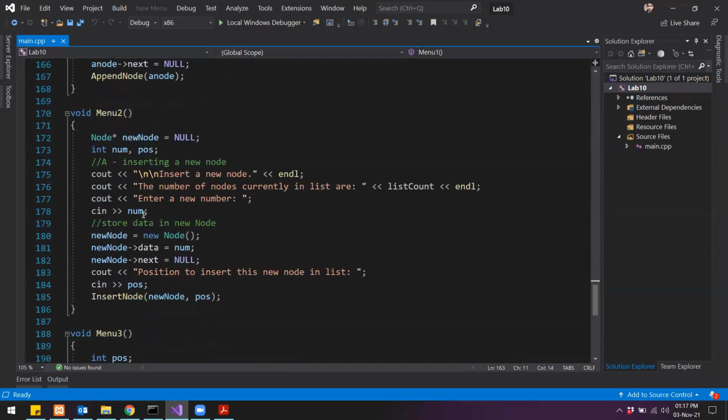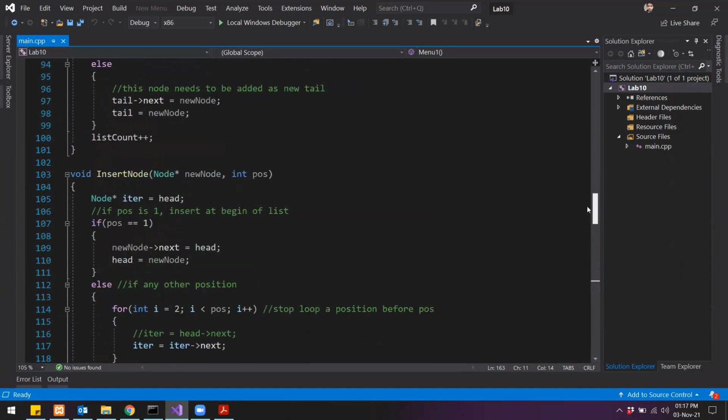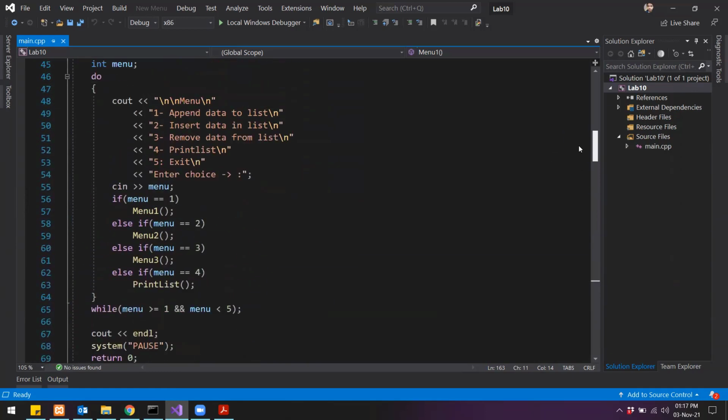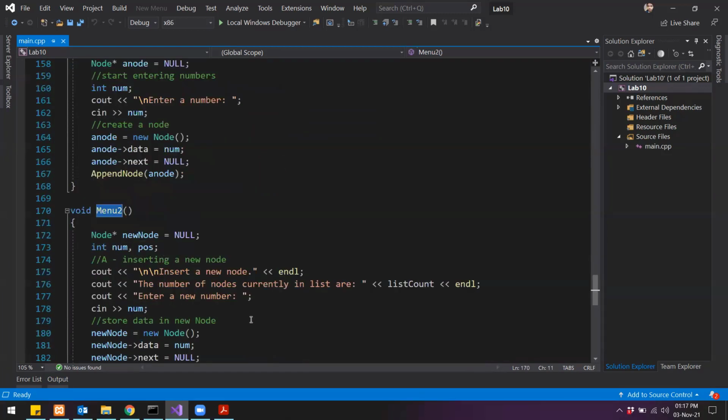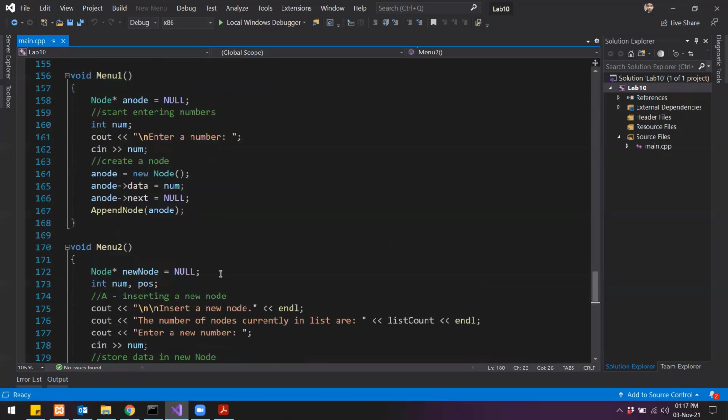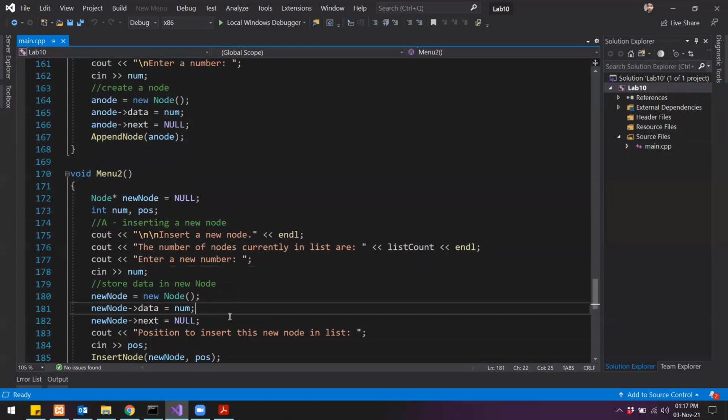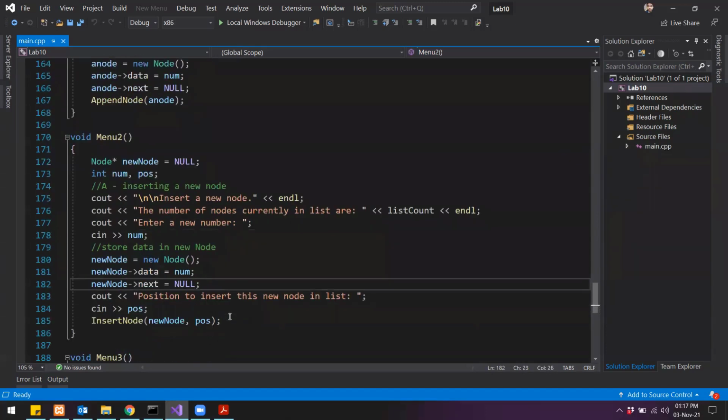Then the next option is inserting a node, that is option number 2. So if you want to insert a node into the list, then that is menu number 2. What menu 2 does is very similar to menu 1 in terms of creating the node. The only extra thing we have here is taking some more inputs from the user regarding the position of the node.